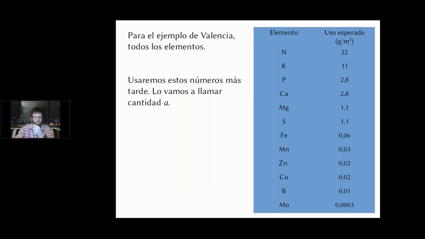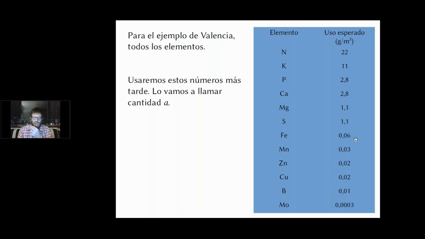But probably you don't even need to apply. So here I've calculated now for all the elements for Valencia, and you can see it's the same. Nitrogen is at 22, and then going down, potassium's 11. When you get down to the micronutrients, iron is